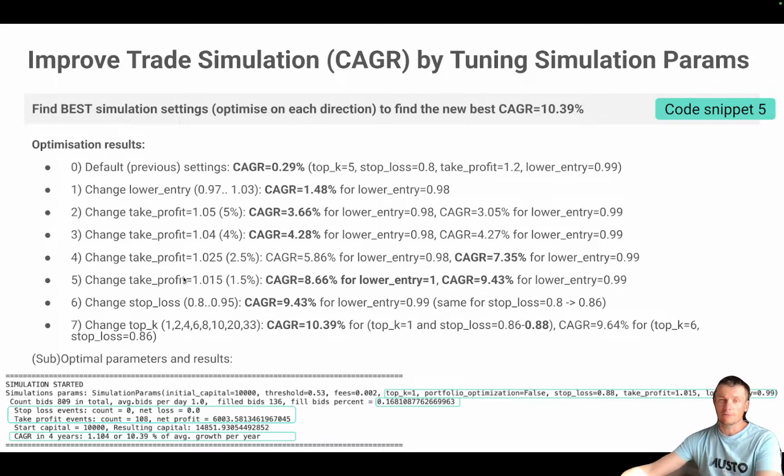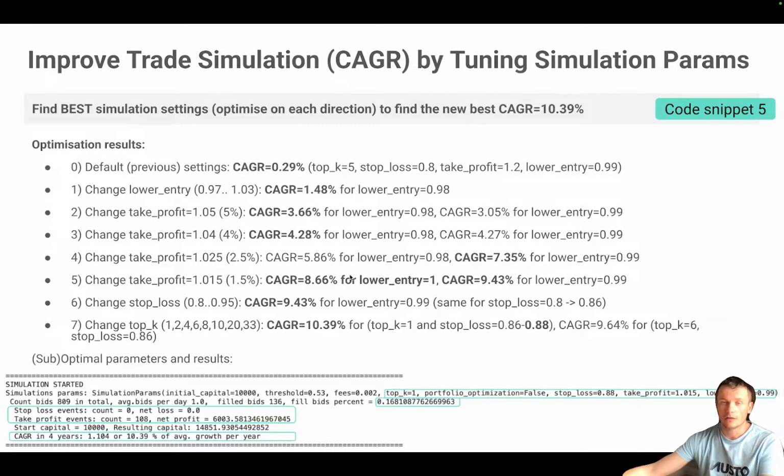That means that if we are buying at 1% below the adjusted close price, and we are taking profit at 1.5% above it, the overall profitability is 2.5%, and this is a very good deal for us. And that's why I could manage to have an average growth rate of 8.6%, which is a good result of constantly growing capital